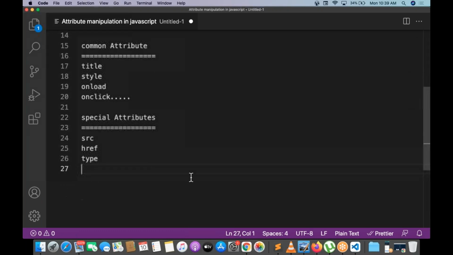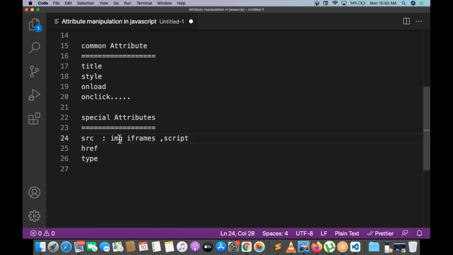So src is for mostly images, iframes, and one more is the script tag. Whenever you are writing internal script, script tag is there. So for script tag, we need to give the src.